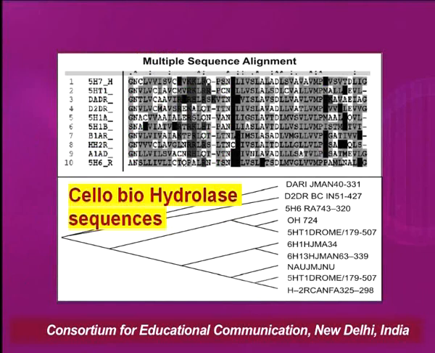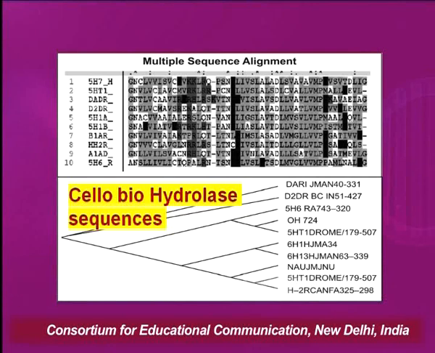Then this is again a small picture which I have taken from the practical done by the students in the class. And what is it showing you? The 10 sequences for the enzyme cellobiohydrolase. In the same way as the previous one, you can see it has several regions that are absolutely conserved, the same in all 10, and you have strongly aligned regions and poorly aligned regions, all marked here.